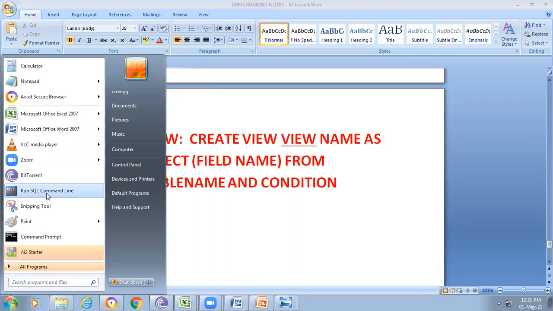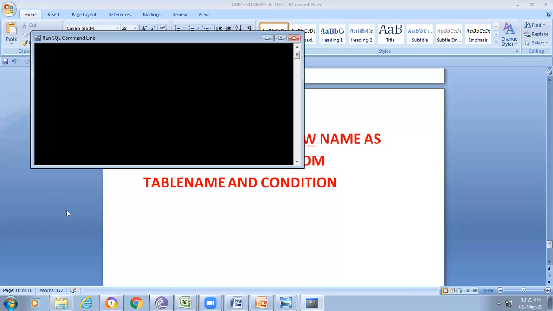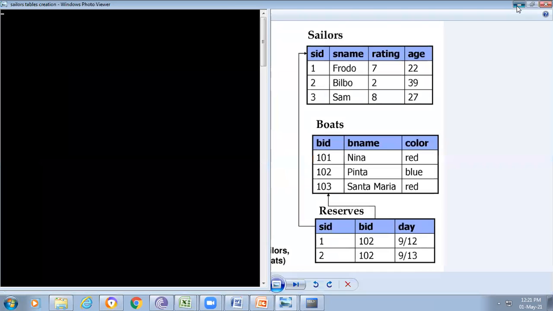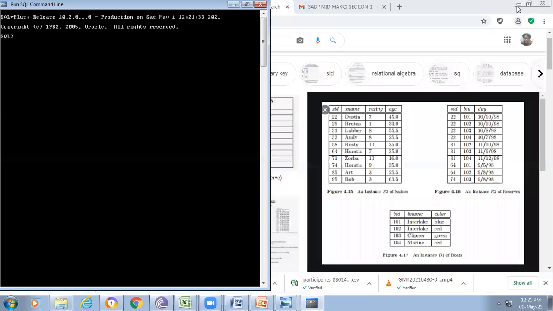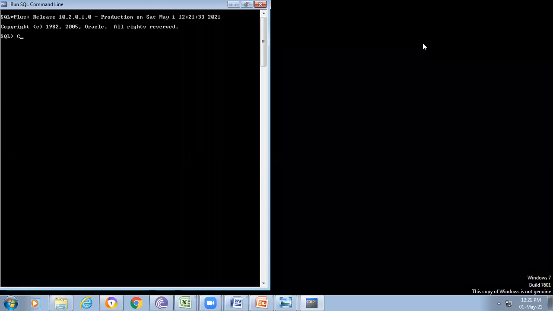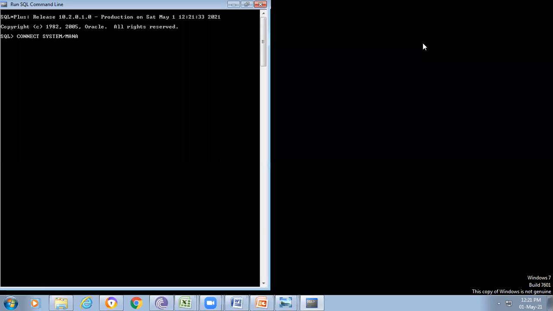I'll go to the Run SQL command line. I hope all of the members are able to see the screen. Now I try to open connect system/manager. In the last class we performed the joins, am I right?